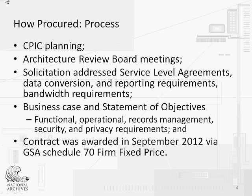There are various business and technical teams that worked on this. The team I mentioned before was considered the Records Management Integrated Project Team, but we had integrated project teams for conversion, we had communications, we had security, so pretty much every aspect of the project was covered by a project team. The contract was awarded in September 2012,